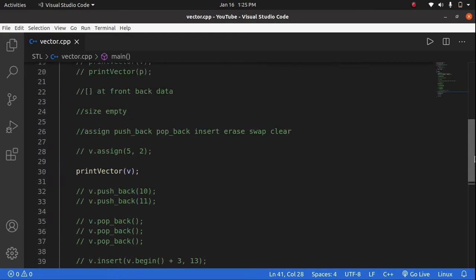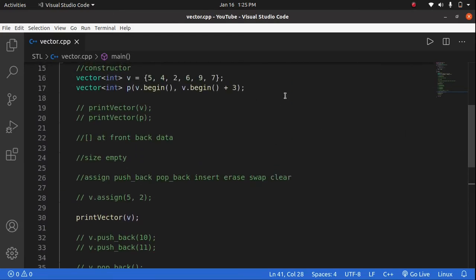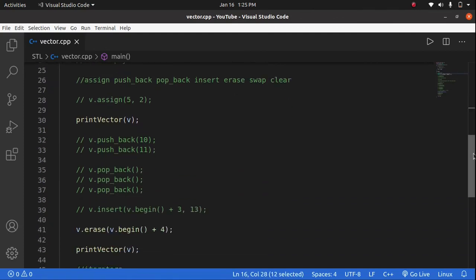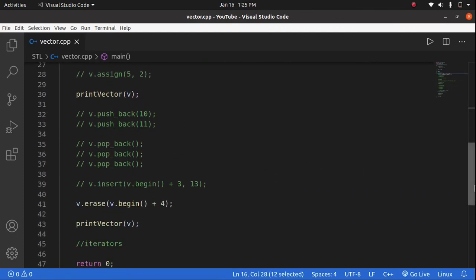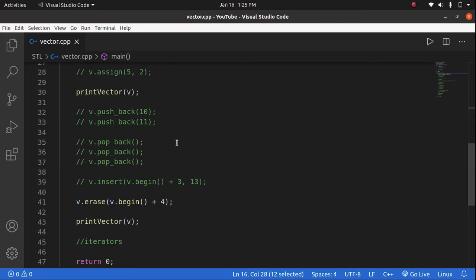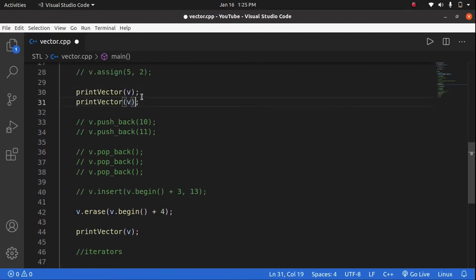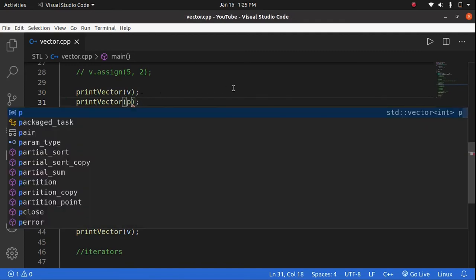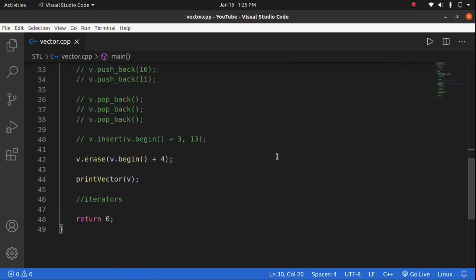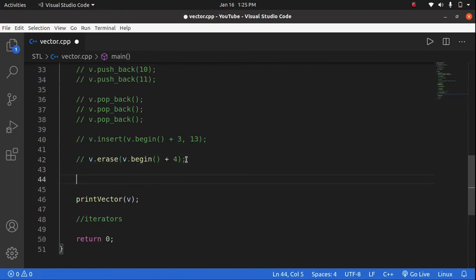The swap function, let's see. So we have p here and we have the v here. So let's print the v here and p here before swapping. And we will print this after swapping. So let's comment this out.